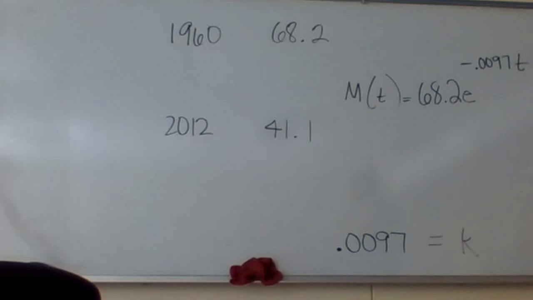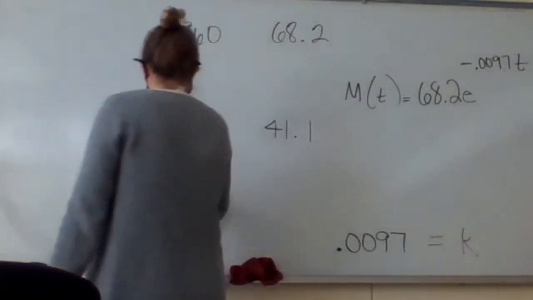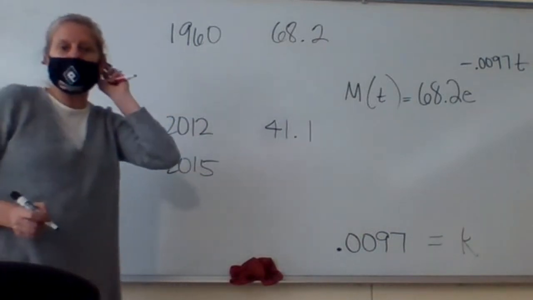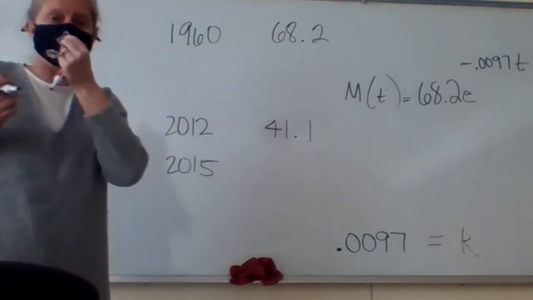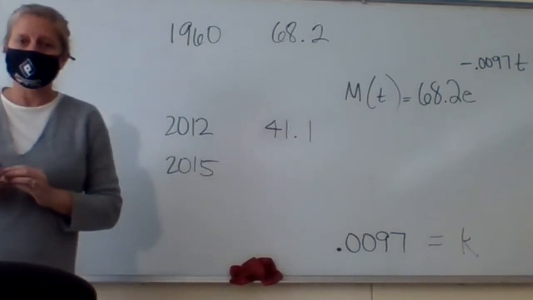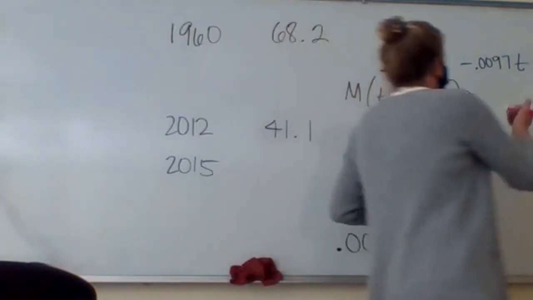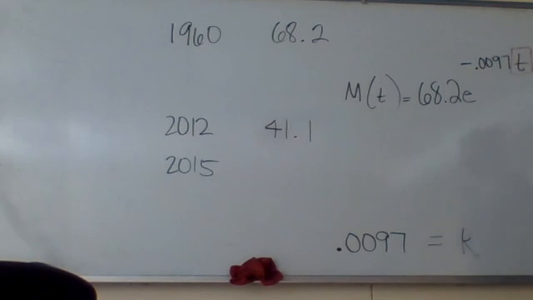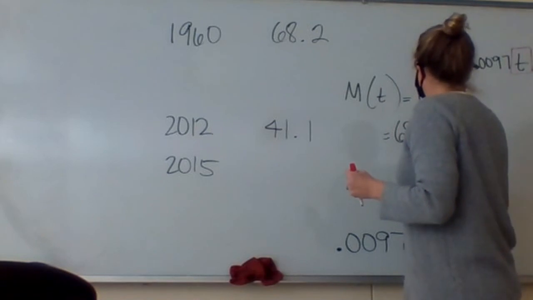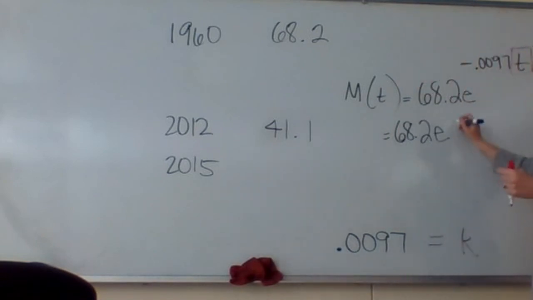Now, the B part says, estimate the percent of adults who are married in 2015 and 2018. Well, 2015 just means what do I need to put in as my number of years? I know how many years it takes me to get from 1960 to 2015. It takes me 55 years, which means I need to put a 55 in place of that T now. So I'm going to have 68.2 E to the negative 0.0097